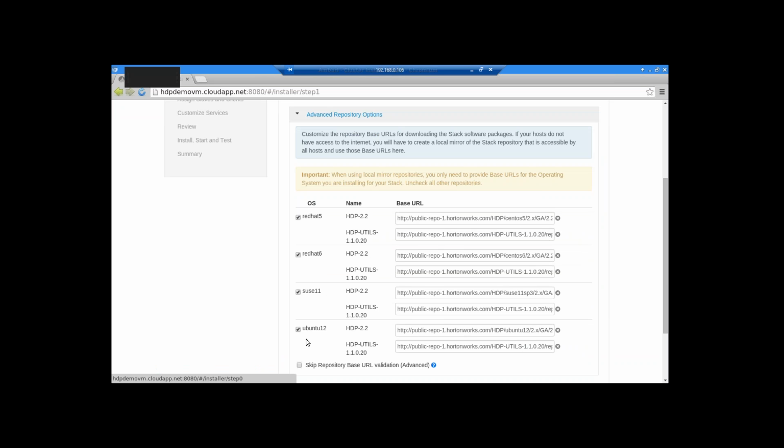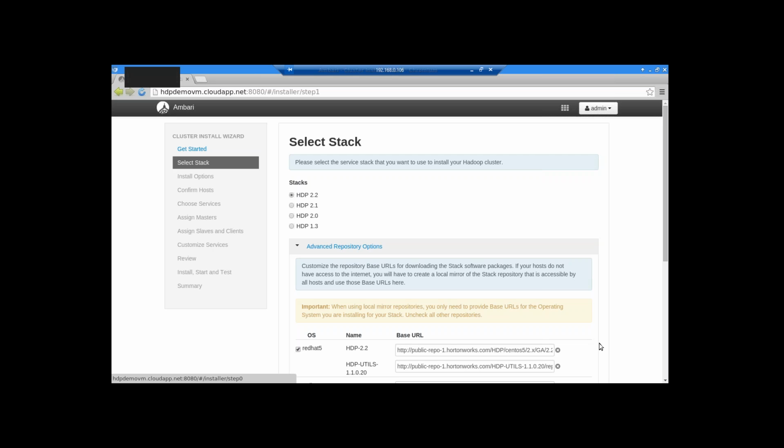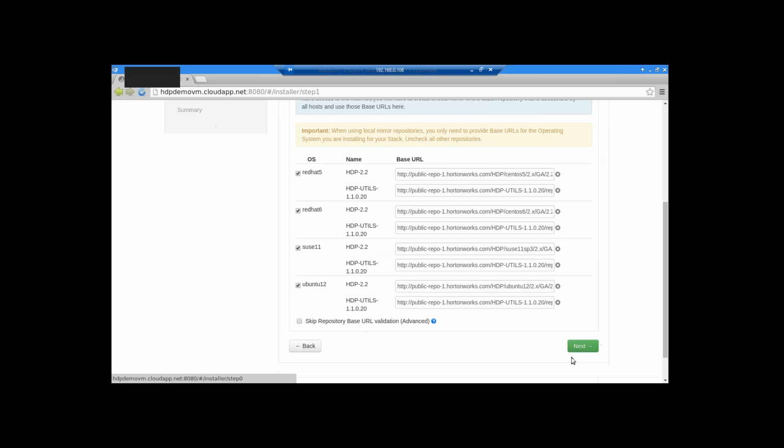And OS-wise, it's available not only for Red Hat 5 and 6, it's available for SLES and for Ubuntu Precise platforms as well. So on selecting this stack, I can click on next,